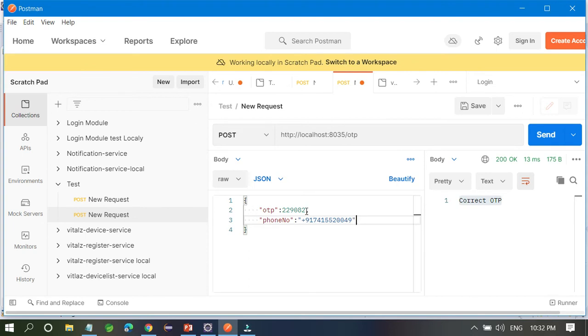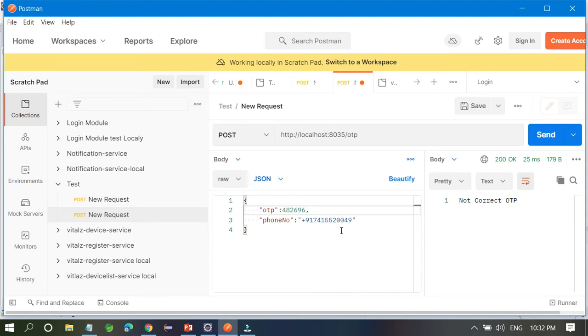Okay, you got the OTP. You have to enter this OTP, like 482696. Send this. Once the OTP is correct, it says correct OTP. Again, if you click send, it says not correct OTP, because if you log in with one OTP, this is a one-time password. So you can log in only one time. You can't log in with one password multiple times. But before that, we were logging in multiple times.